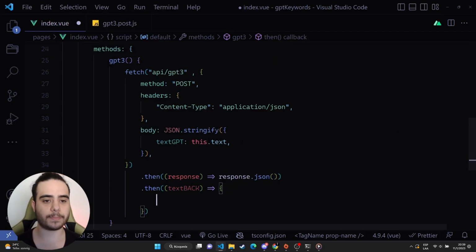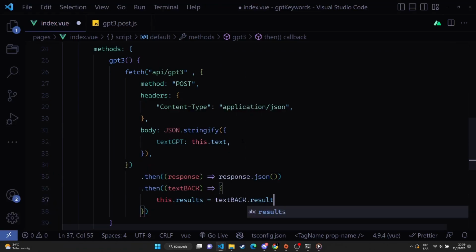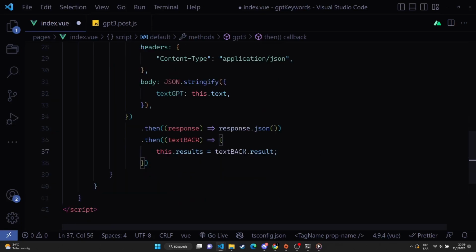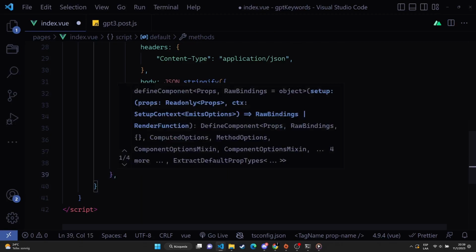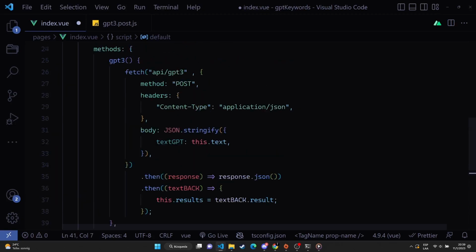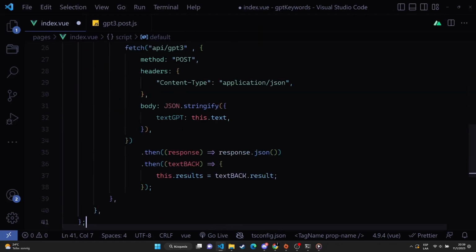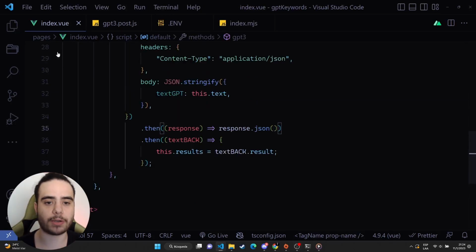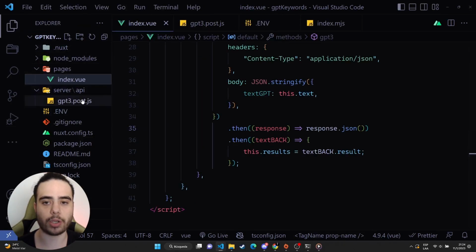And inside textback are the results that the server gives us and that we want to display in the HTML. So we say this.results equals textback.result. Now we go to server API and we open the